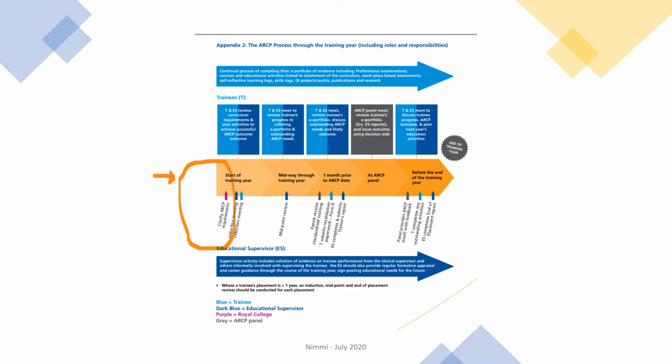ACCS trainees belong to different parent specialties: acute medicine, emergency medicine, and anaesthesia. So for the CT1 year, there's a separate checklist for ACCS trainees. For emergency medicine trainees, there's a separate checklist for their CT2 and CT3 years, and similarly for acute medicine trainees. For anaesthesia trainees, the